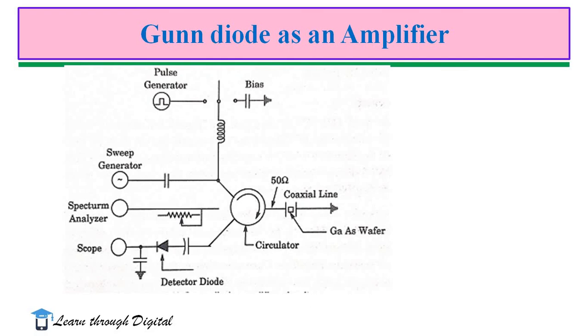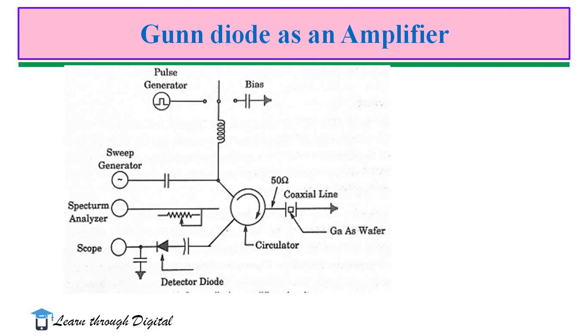There is a critical value of FL, that means the product of frequency and length, above which the device will not amplify. Below this frequency limit, the sample presents an impedance with a negative real part that can be